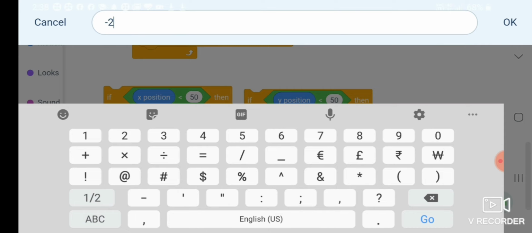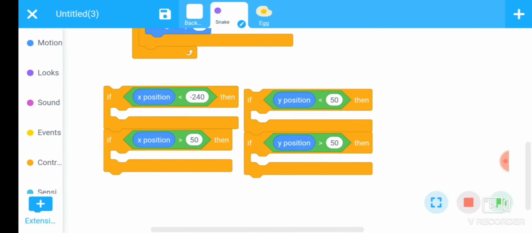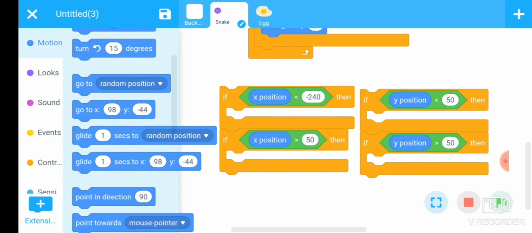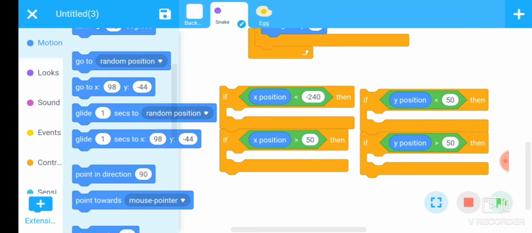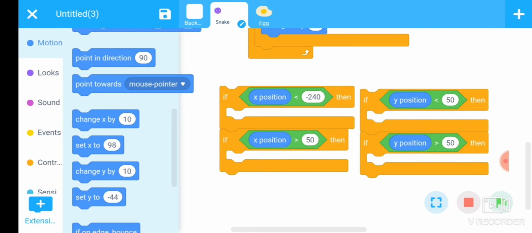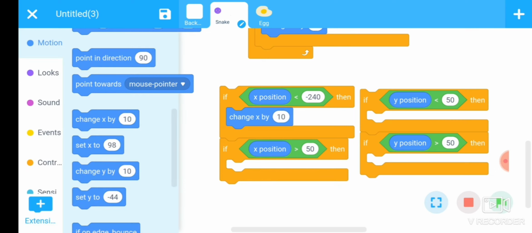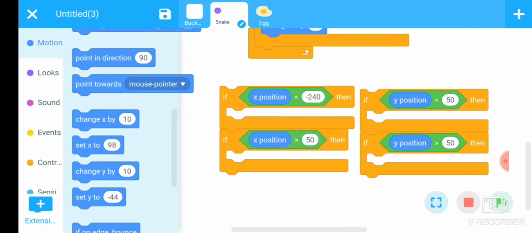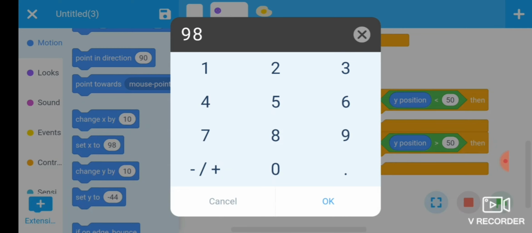less than minus 240, then it should come out from the plus 240 value.